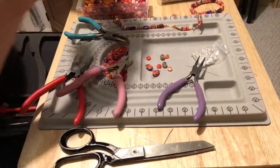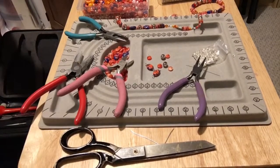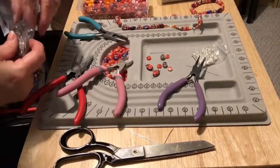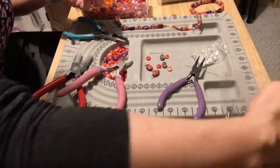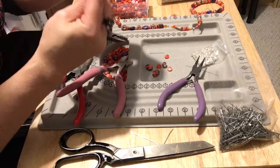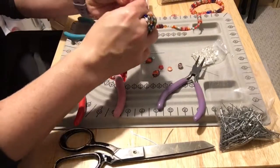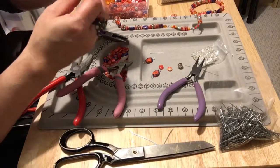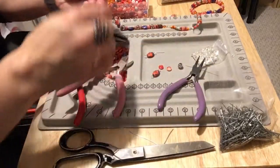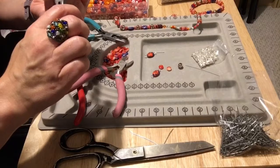Okay. Now I have some head pins that I bought. I'm going to take 2 head pins. Oh, they're not very long. They might be long enough though. Take 2 head pins. I'm going to go flat bead, big bead, flat bead. And then that would dangle from here. But I'm not sure I like that. I think I prefer round bead, flat bead, and then have that dangle. I think that's better. So again, I'm going to take my nail, bend it, okay, take my round nose,